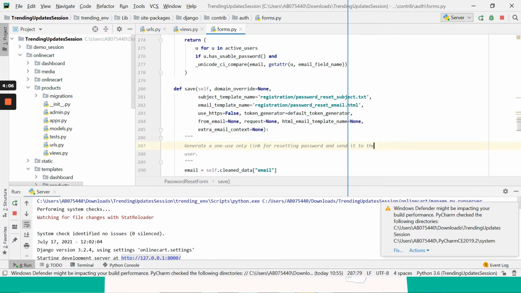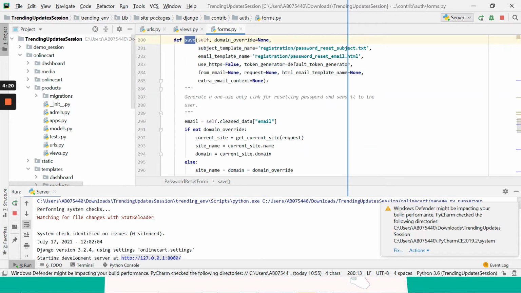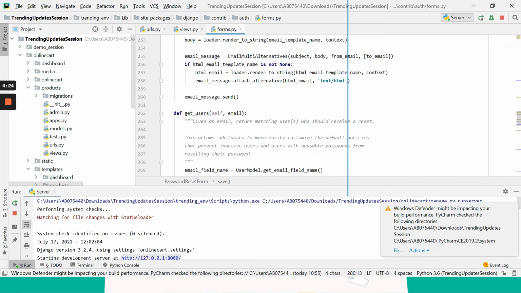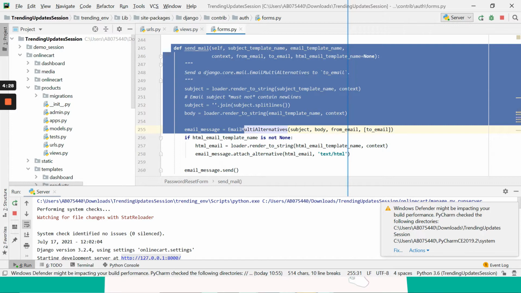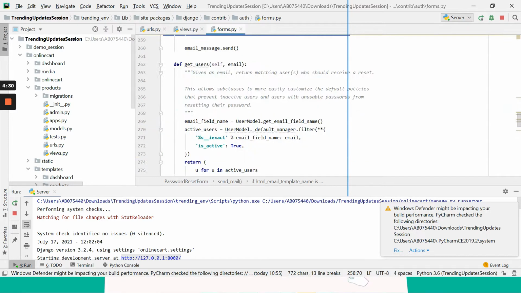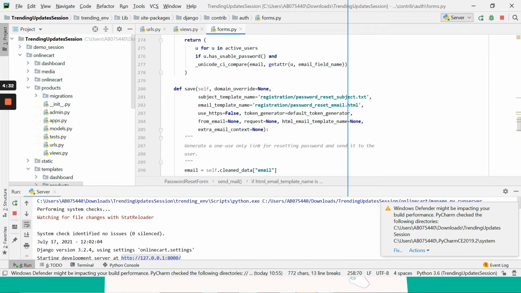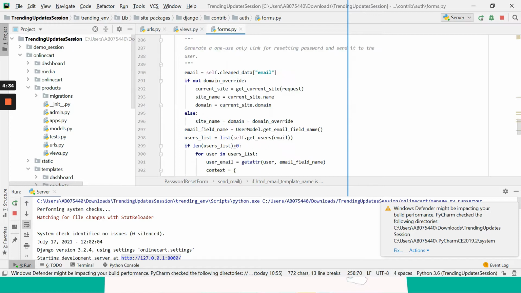What this save method will do, once the form is successfully validated for the email ID that you have passed in, it will send the email. You can see here we are sending that email.